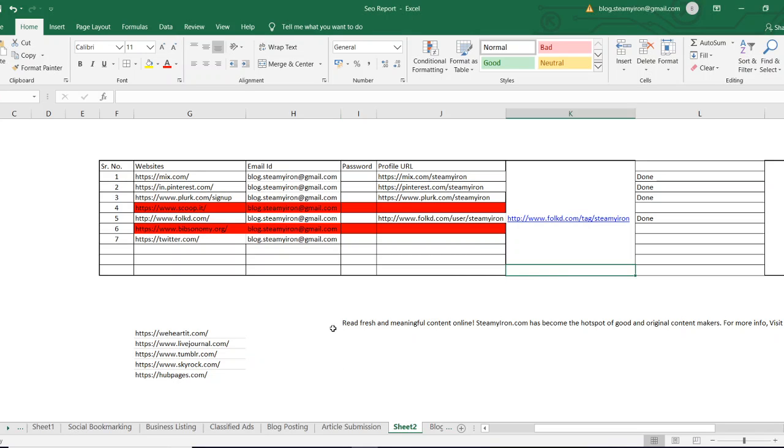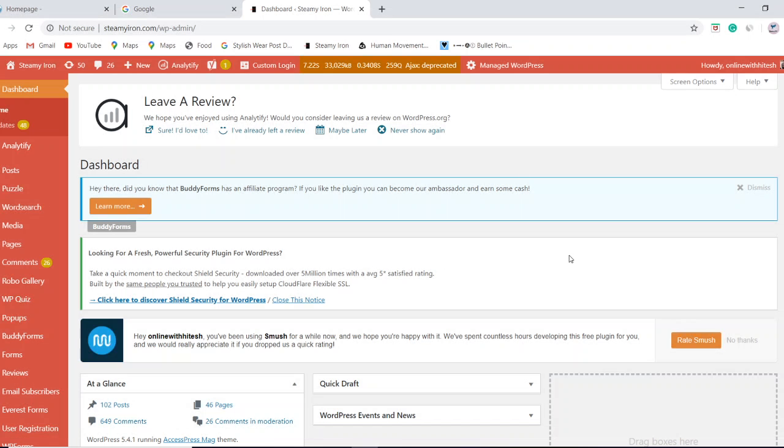I have updated the social networking profiles, and I have saved all the details in a single website. Now I am going to save it by pressing Ctrl plus S.